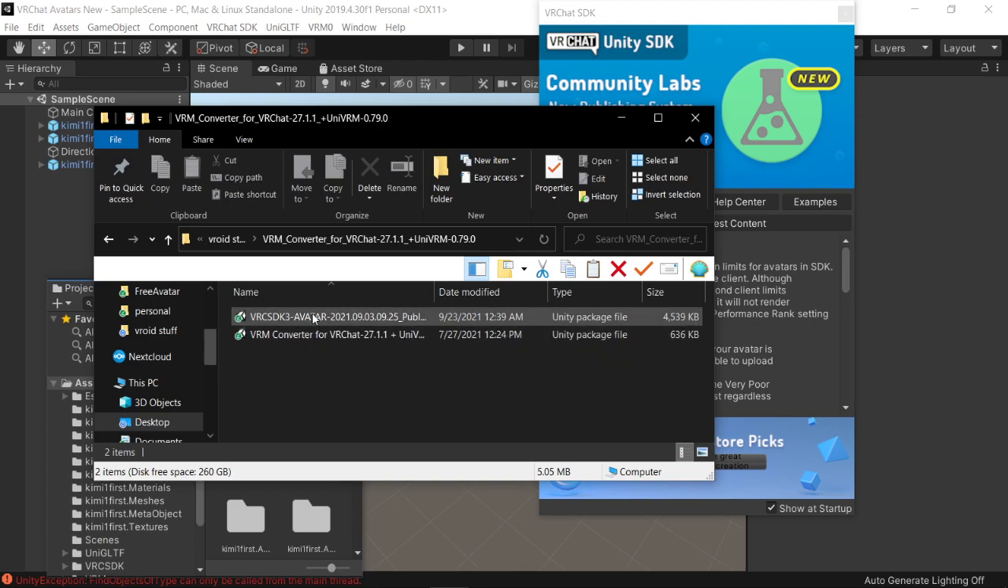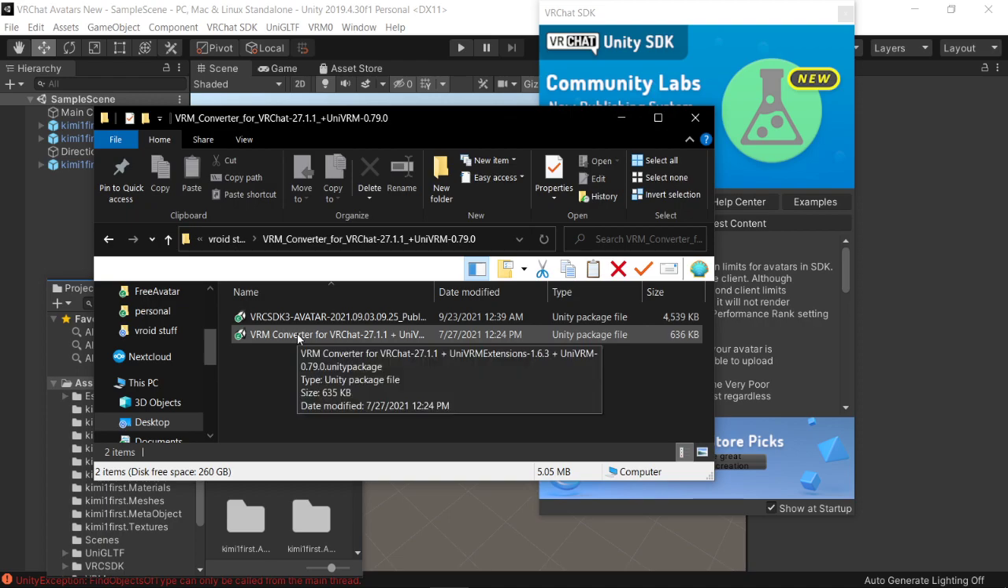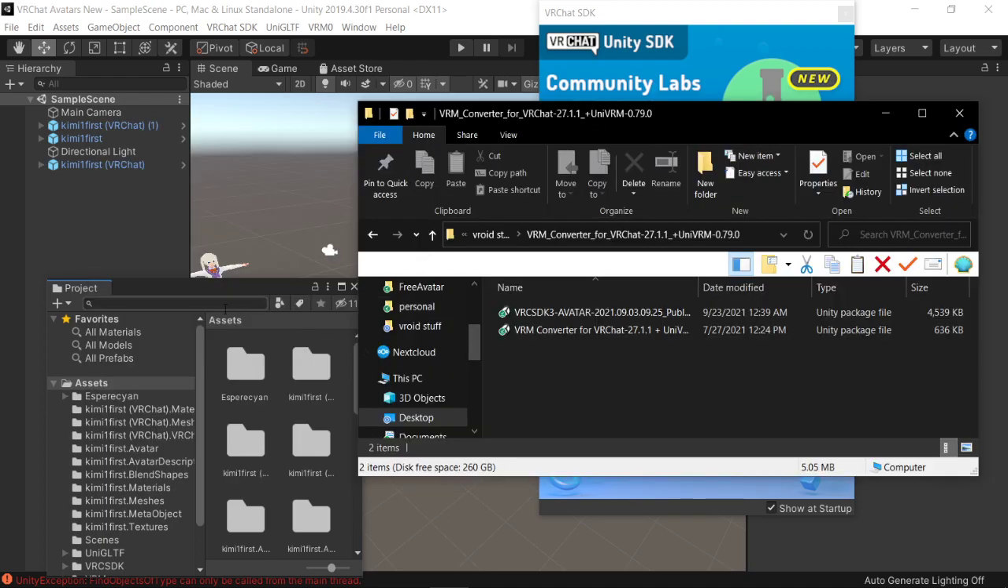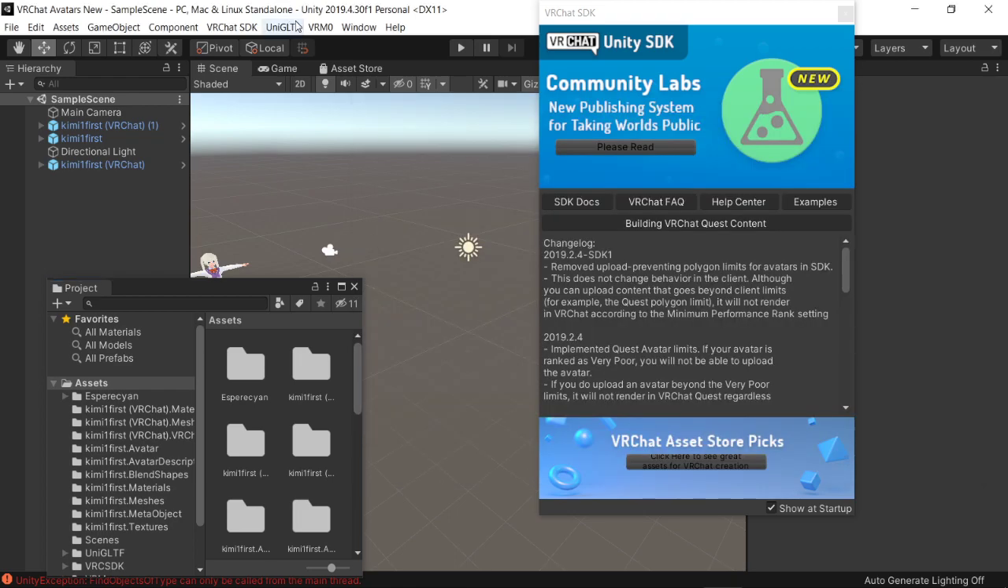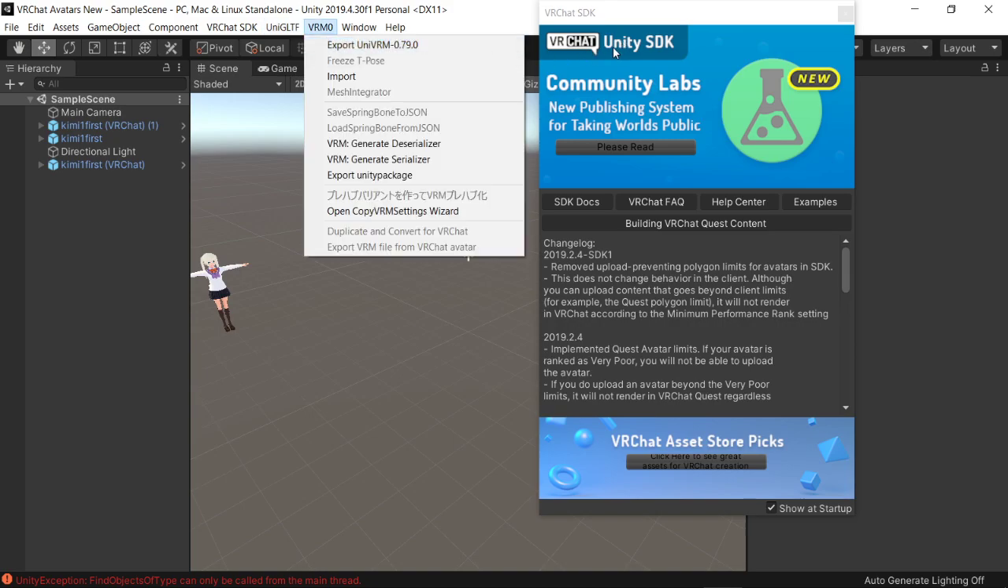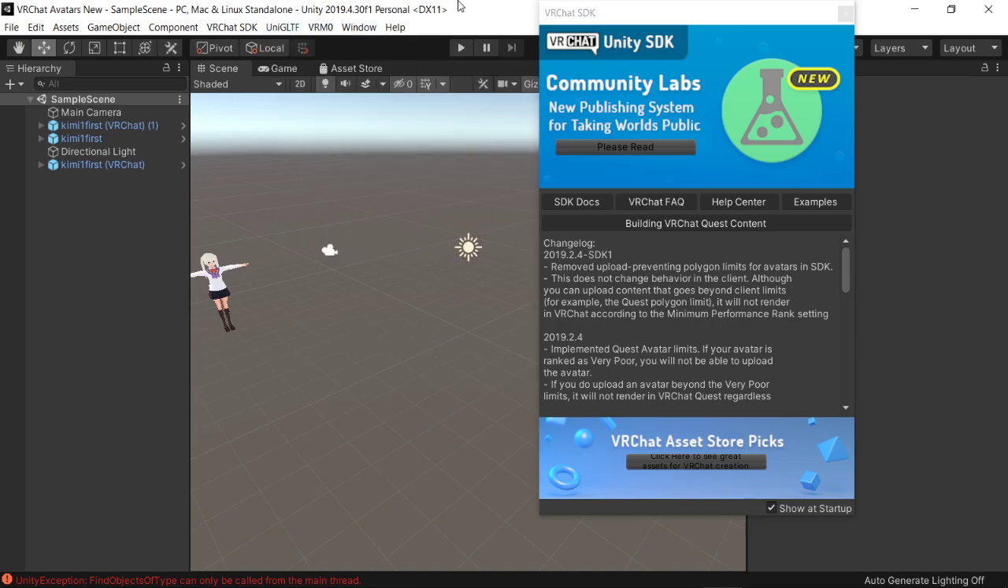When you've extracted the converter and the SDK, you would drag those into the assets area, so that way it will add these to your project, and then it imports and installs these items into your project. And if it imports successfully, it will bring up these as it should,